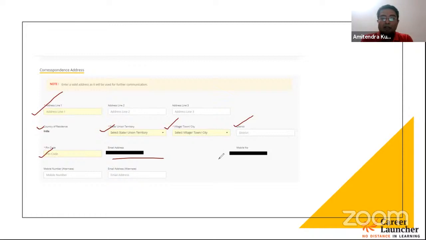Email address and your mobile number will come pre-filled from the registration part itself. If you wish to provide an alternate mobile number or an alternate email address, that you can do out here. So here you can provide your alternate mobile number and your alternate email address. This is not a mandatory column, but if you wish,